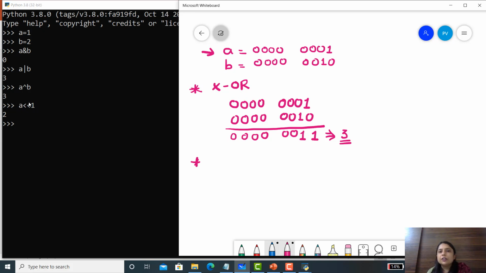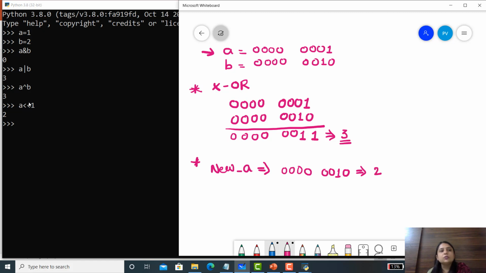The new A becomes, with all the bits shifted 1 bit left, 0 0 0 0 0 0 1 0. If we convert this into decimal, definitely we get 2.